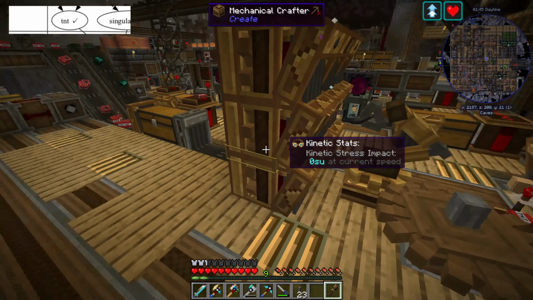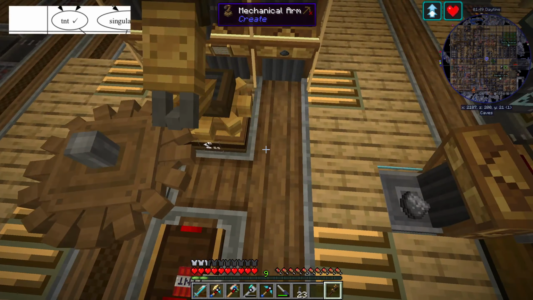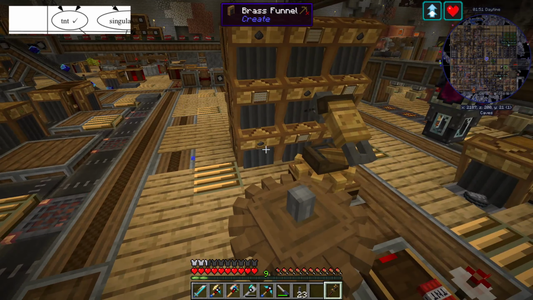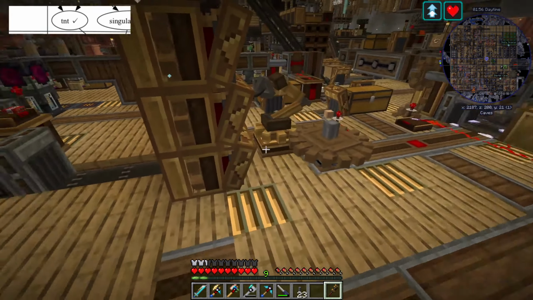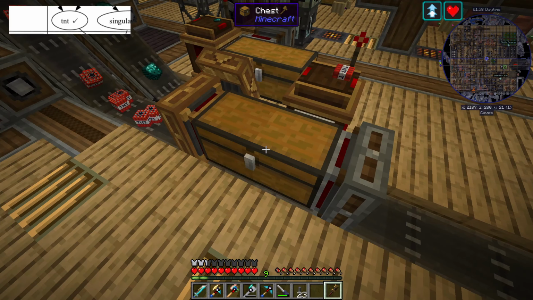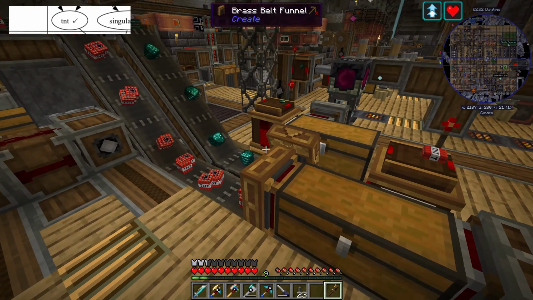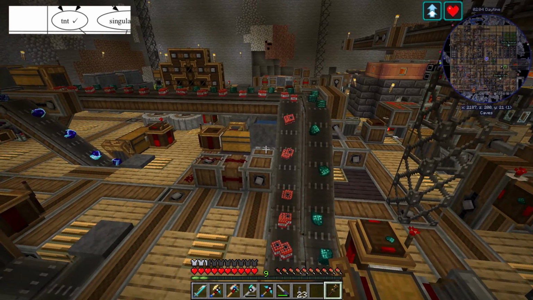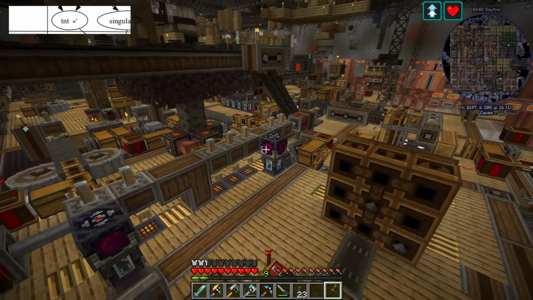Now this is fairly slow. I think I just low RPM'd this stuff, so I think it's running at 16, maybe 32 RPMs, which means that making one TNT is really slow. But we have a stockpile switch hooked up to our TNT chest, and that's all good. This is the part where we skip over a little bit, and I think we skip